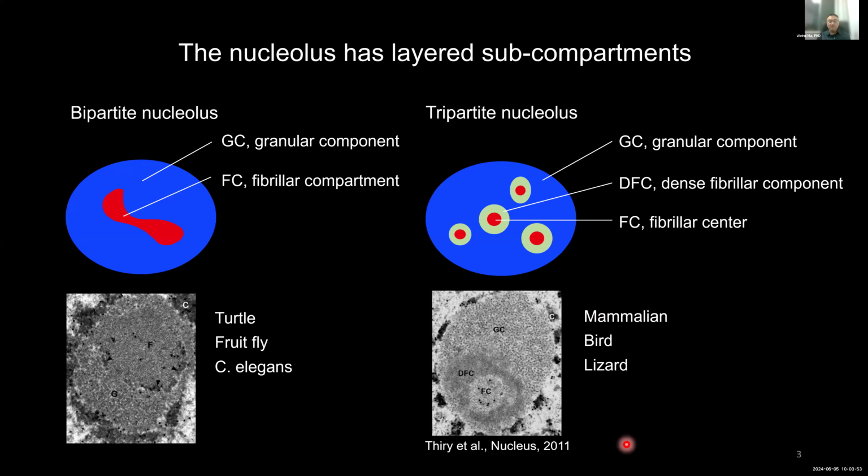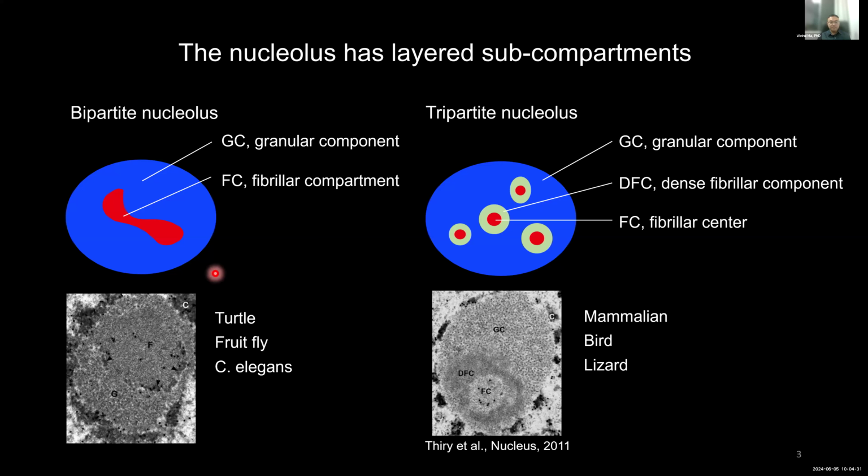The nucleolus is also a very interesting membraneless organelle because it has layered subcompartments. During evolution, there are 2 types of nucleolus. One is called bipartite, the other is called tripartite nucleolus. The bipartite nucleolus exists in turtles and in relatively lower organisms such as the fruit fly and C. elegans. It is called bipartite because it has only 2 layered subcompartments. One is called GC. Here you can see under the electron microscope. Another is called FC,